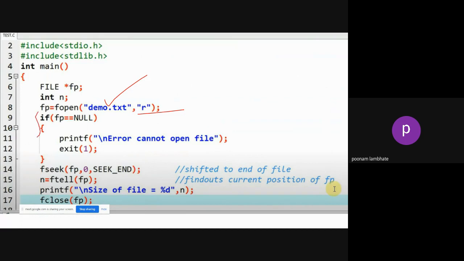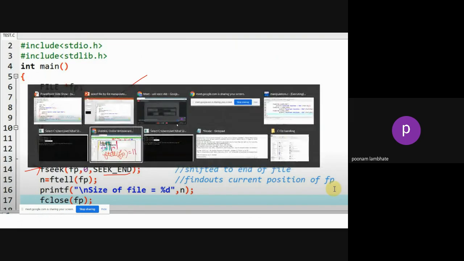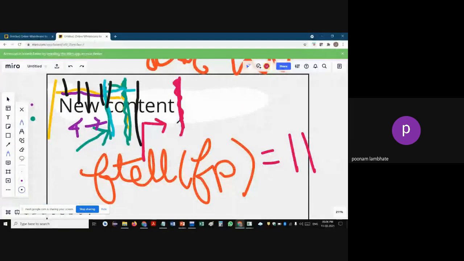I have checked whether I've been able to open it successfully or not. And then I'm going to call fseek for the position end of file, that is SEEK_END. And from there, I'm going to move by 0 as my offset. Means for this particular example, if I consider,